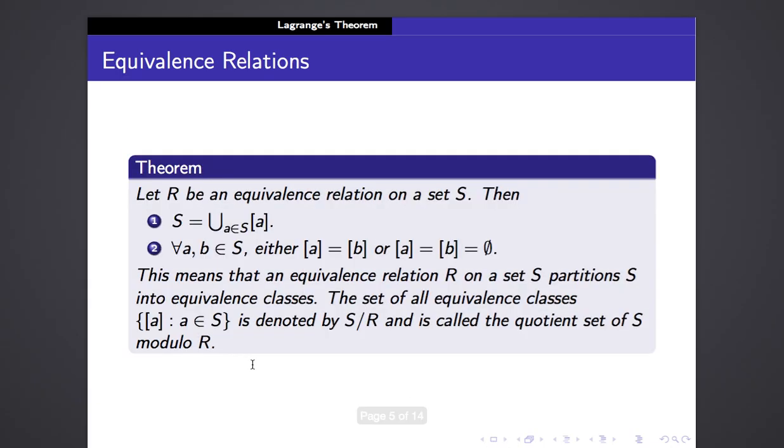Okay, sorry about that. I just wanted to make sure that I didn't miss anything. So we begin with the following theorem about equivalence relations. A very important theorem. Let R be an equivalence relation on a set S, then S is a union of